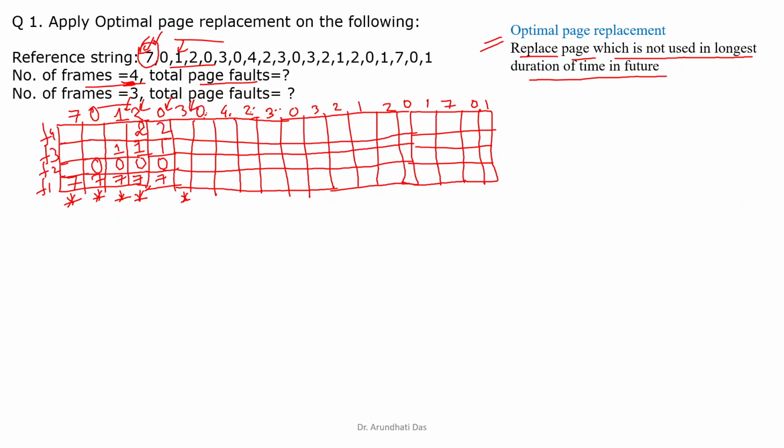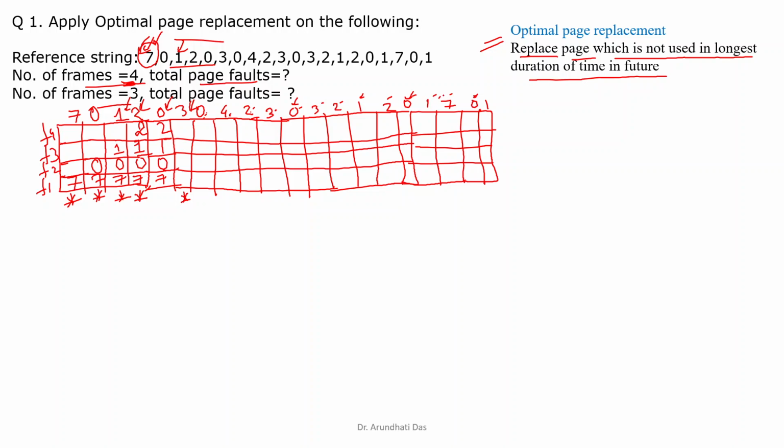Okay, then 3 again will be referred in future. 0, 3, then 2 again. So out of this 2 1 0 7, I can easily see that 1 is referred here. 0 is also referred multiple times,